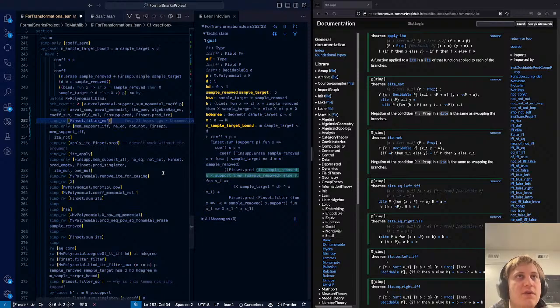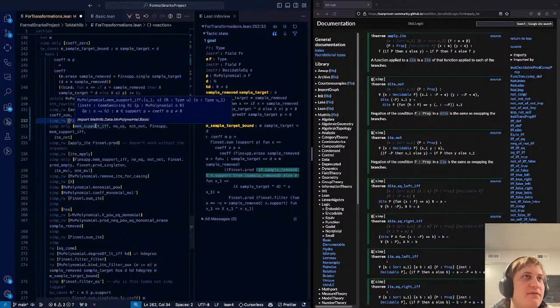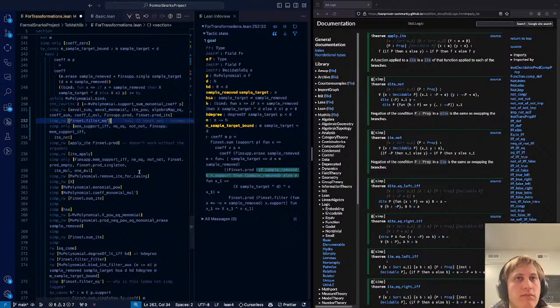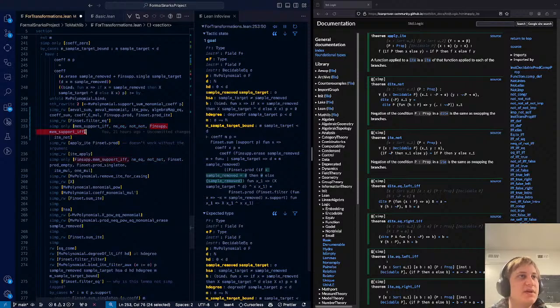Sample removed is in x.support. Sorry, we have two different mem support ifs here. That's confusing.